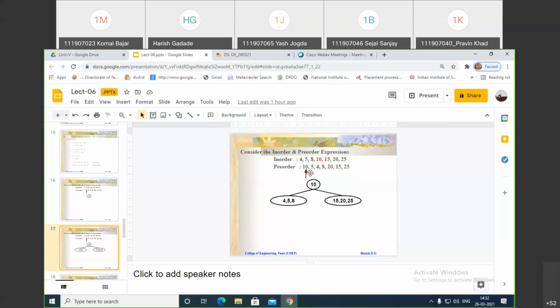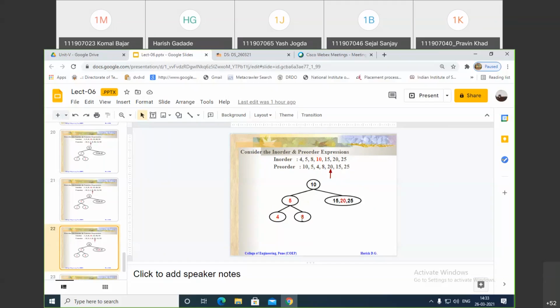And increment this pointer to the next. So pointer is at 5. So again, in this current scenario, just search 5. So where is that 5? So 5 is here. You can see that red is 5. So left of 5 is 4 and right of 5 is 8. So you can see here this tree has been developed. Now next, simply increment this pointer by 1. So that pointer is at 4. So you can see here 4 is a leaf node and this is a binary search tree. Now next again, this pointer is at 8. So 8 is again a leaf node and this is a binary search tree.